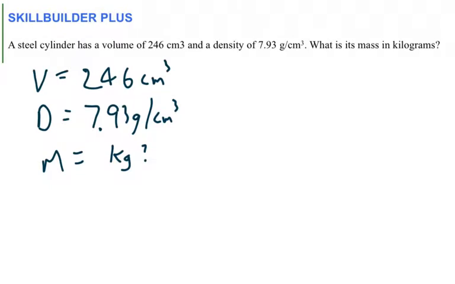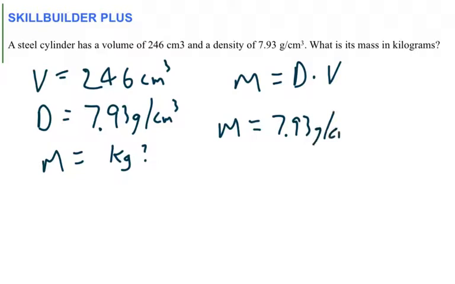So the formula to find mass would be mass is density times volume. So why don't we do that? Let's put these values into the formula. The density is 7.93 grams per cubic centimeter. We're going to multiply it by the volume, which is 246 cubic centimeters. Look what happens. The cubic centimeters will cancel out, and you're going to get a mass of